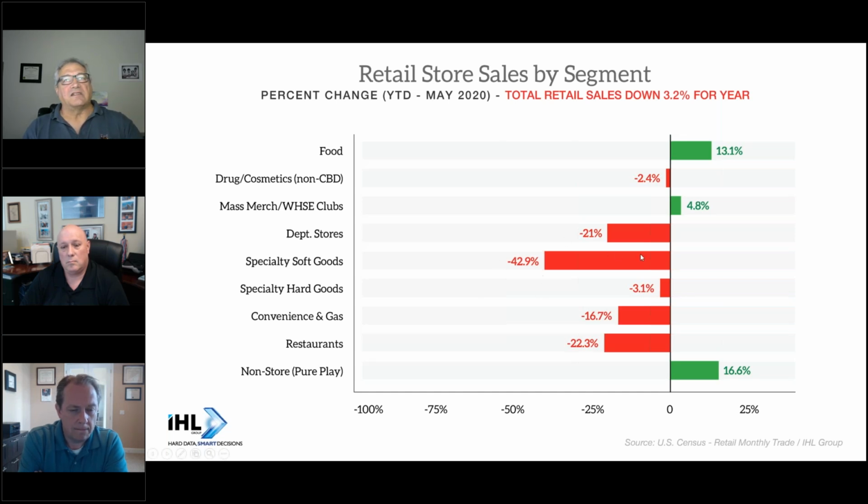And this is the red stuff on the left side there. Again, especially soft goods, is a really, really big negative number for them, for all the reasons we've talked about already. Restaurants are down 22%. They are coming back as some of the table service restaurants have developed curbside-type service. Remember, some of these guys already had it in place beforehand, but a lot of them were caught completely flat-footed